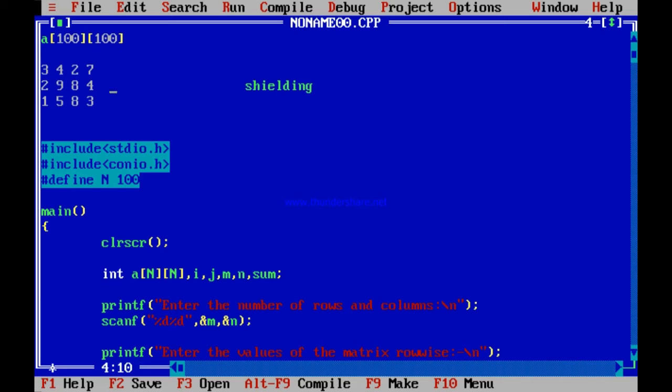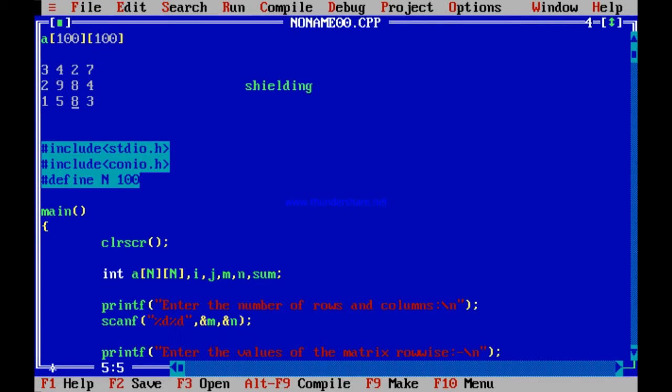If you have to think in terms of programming, then this is A00, this is A01, this is A02, this is A03. Similarly, this is A10, this is A11, this is A12, this is A13, and so on. This is A20, A21, A22 and A23. So, which numbers am I talking about? Consider the diagonal: 3, 9 and 8. That is A00, A11 and A22. This is the diagonal of the matrix.